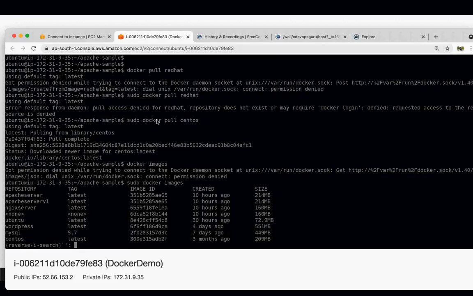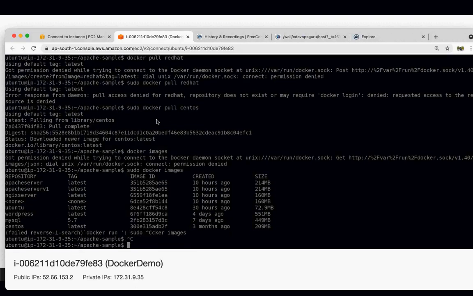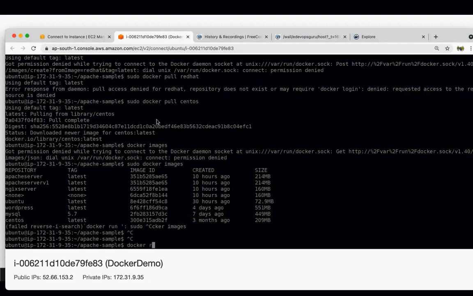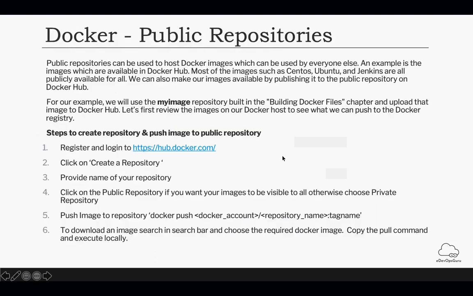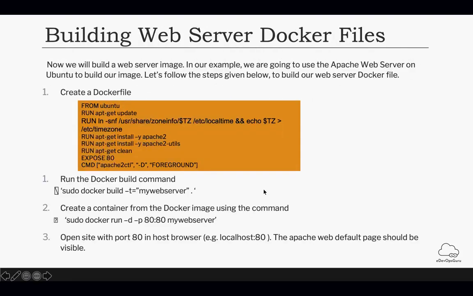For running a particular Docker image, you have the docker run command. Docker run -d runs it in the background. This is how you run a particular command: docker run -d in the background, -p.